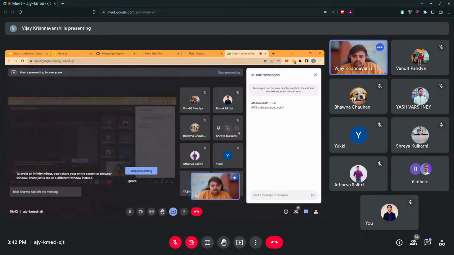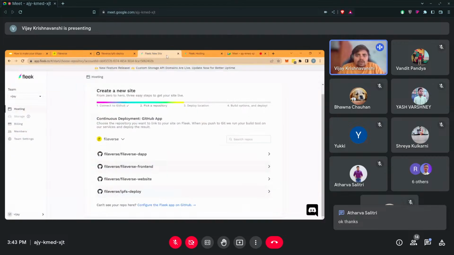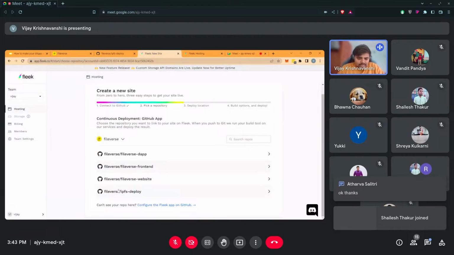Meaning, there are different people participating in the IPFS network, and anyone can provide information. That's the reason why it's decentralized. Okay, so then, as you can see, there is this repo that I showed you,